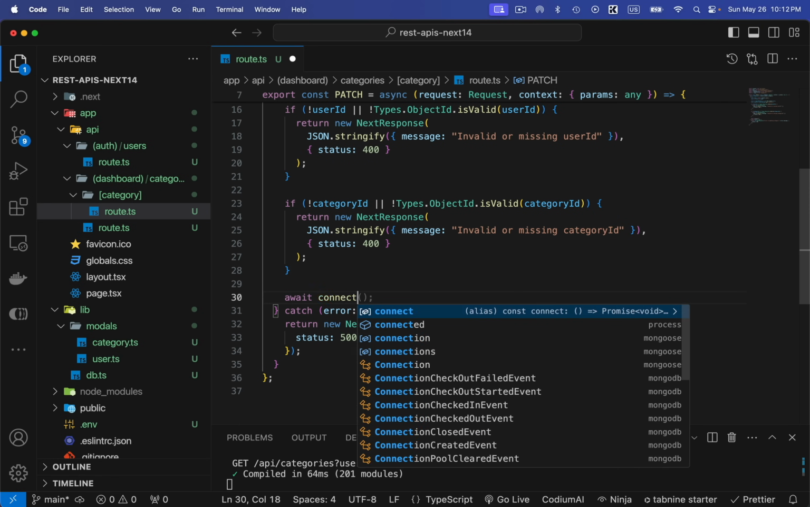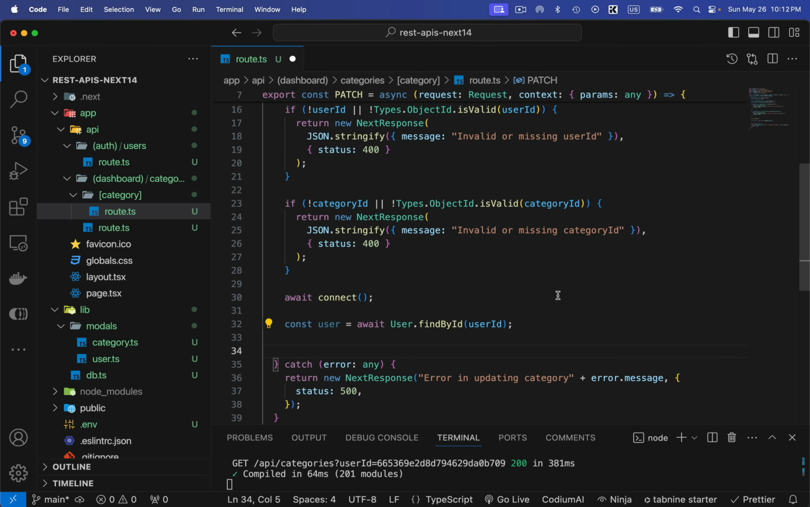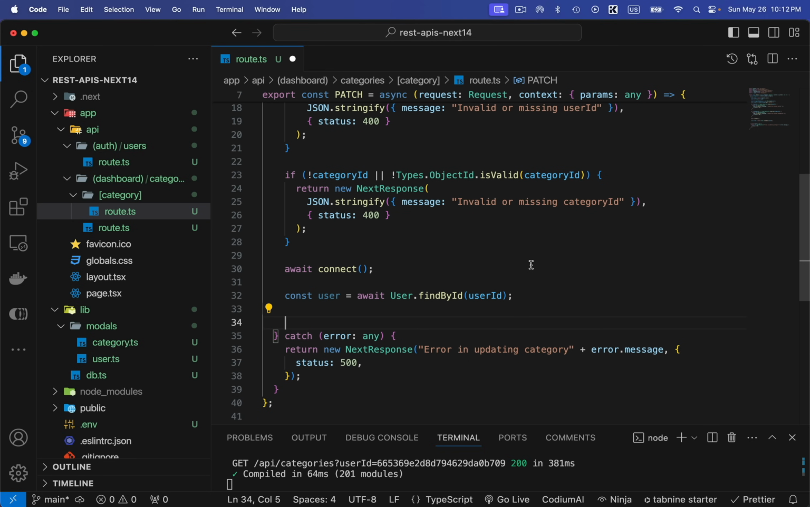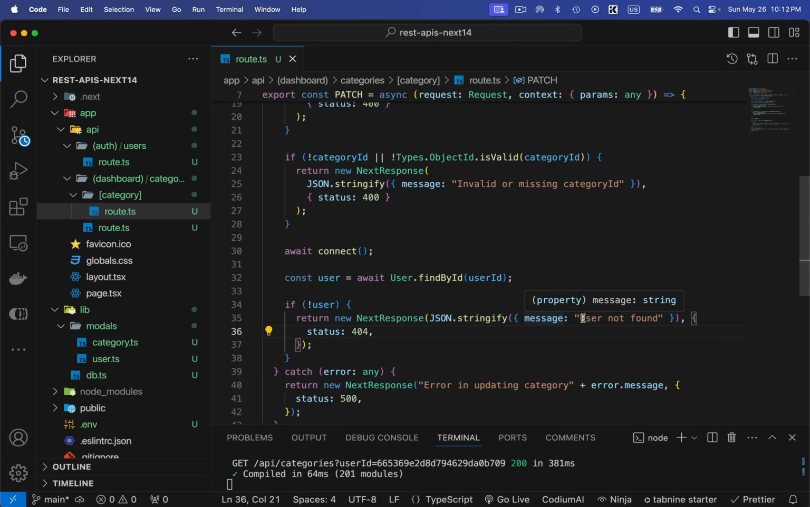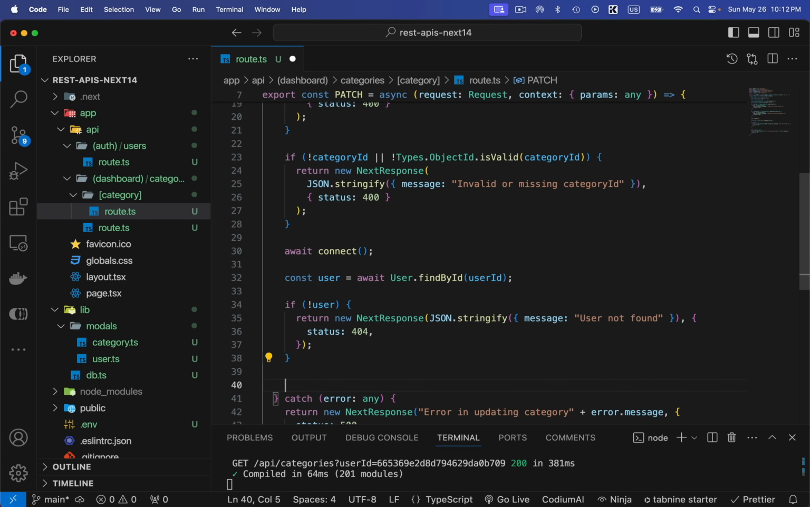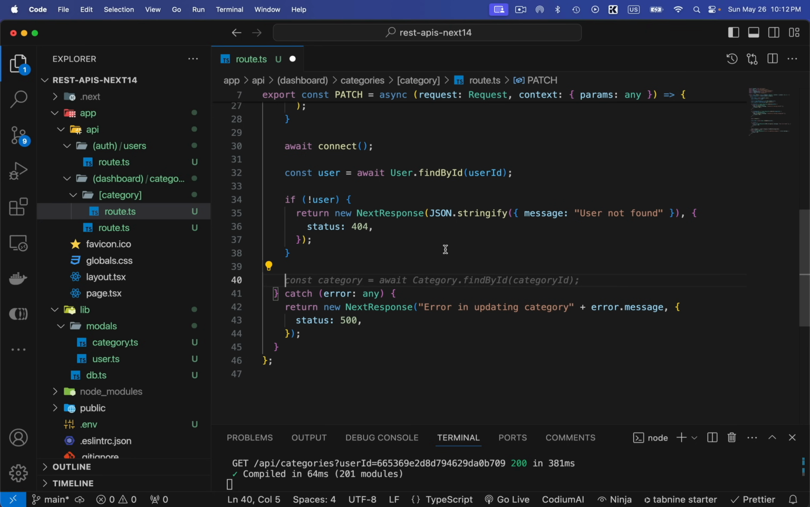After that, let's connect to the database. And now let's verify if the category with this ID exists in the database and the user with this ID exists in the database. Both of these things are important. So let's select this, find user by ID if it exists in the database. If it does not exist, I'm going to return a response that the user not found. And after that, I can check if the category exists in the database, category.findById,